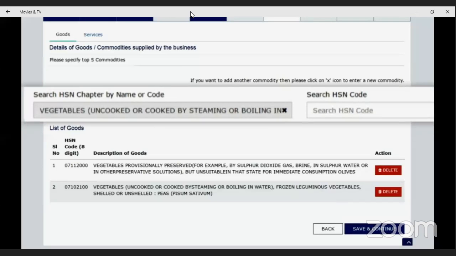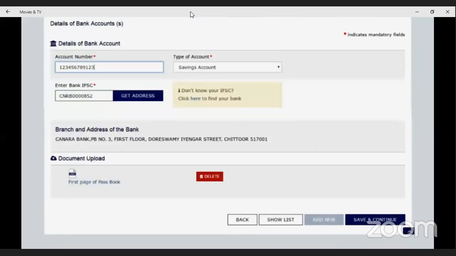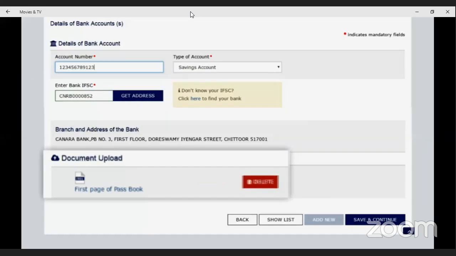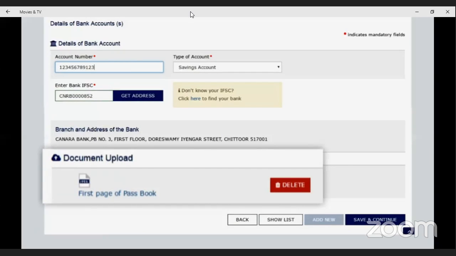Goods and services can be searched by the taxpayer. In the Bank Account Details tab, the branch name with the IFSC code is required to be selected from the drop-down menu. The first page of the passbook, bank statement, and any document issued by the bank on its behalf can